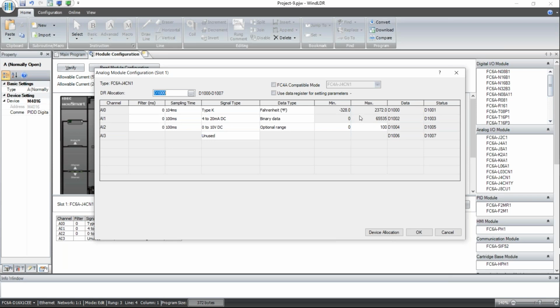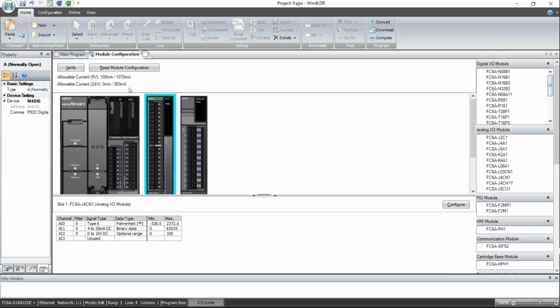So the range of the sensor is 2700 degrees, right? 2700 degrees, so 1% error would translate into 27 degrees. But in my application, let's say you're doing this PID